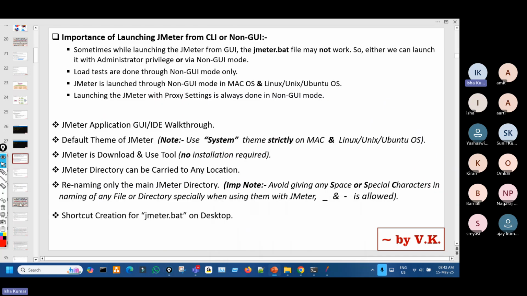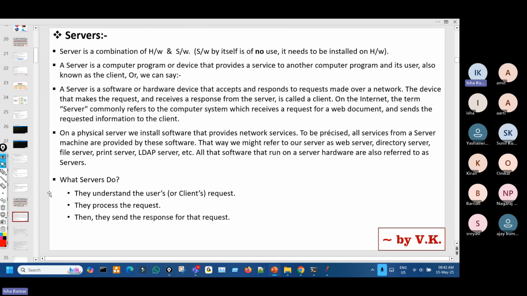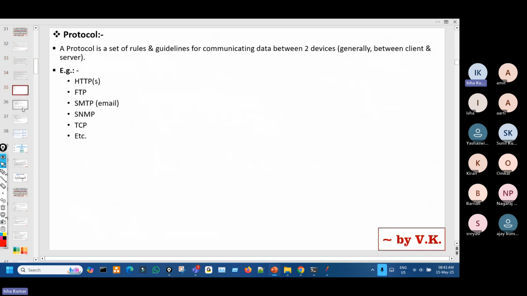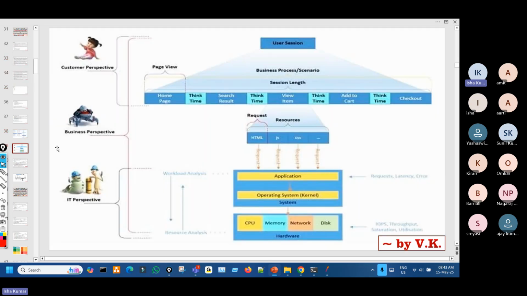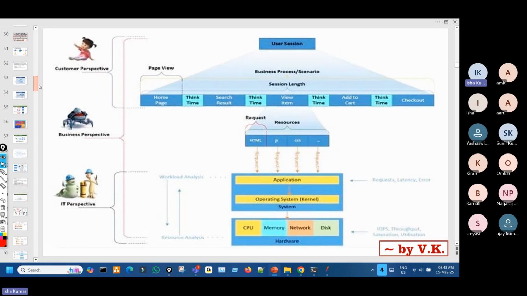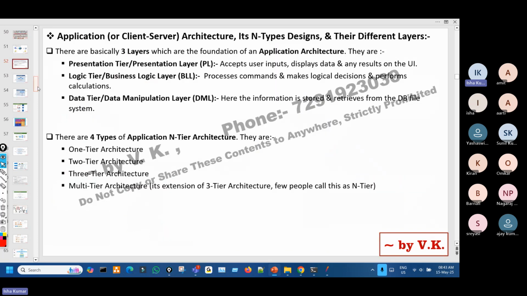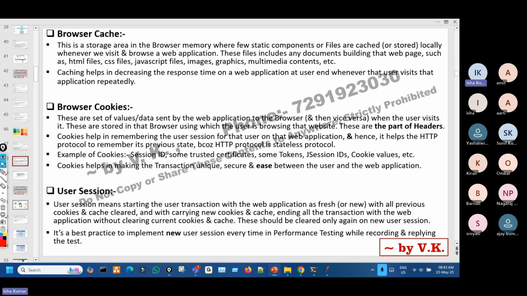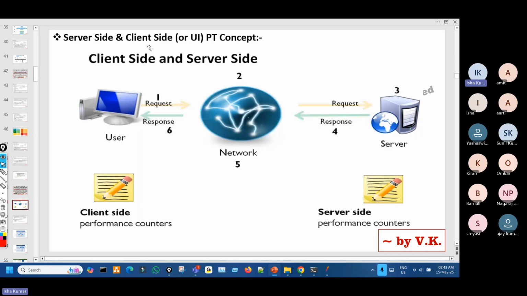So tomorrow we'll see the other things. We'll go a little bit into the basics, where what is important is the HTTP protocol. We'll try to understand the things I was discussing yesterday: transactions, requests, embedded resources. So two or three sessions will be on that, because that is important. Cookies and caches, right? What is a user session? We'll try to understand that. What is server side, UI side? Okay, API, the difference between UI, server side testing, API testing, client side,